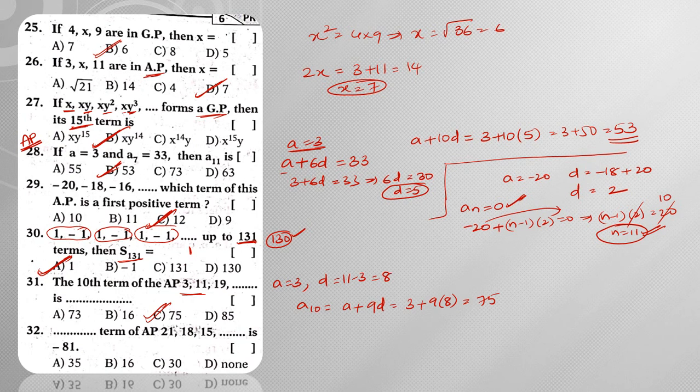Which term of the AP is minus 81? Now from this clearly a is equal to 3, and the common difference is 18 minus 21, which is minus 3. Now what is he asking? Which term is minus 81? Suppose I consider an is equal to minus 81. From this I get minus 81 is equal to a plus n minus 1 into d, that is 3 plus n minus 1 into minus 3. When I transpose this plus 3, it becomes minus 3. What I am going to get is minus 84 is equal to n minus 1 into minus 3. So 3 27s is 81.